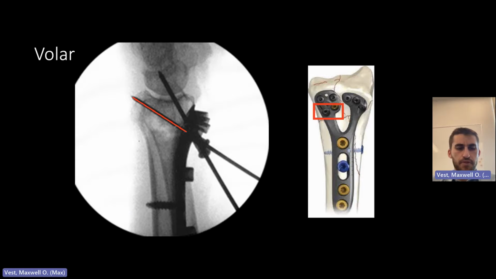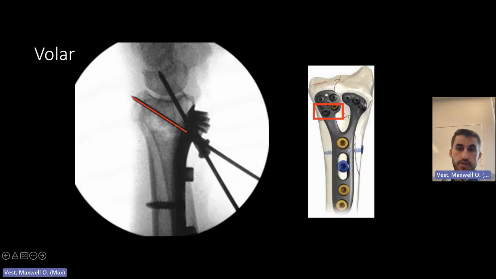And this is just a couple of views when you're starting out to really understand what you're looking for and some of the details of this plate. And initially, when you get your K-wires in there for your preliminary reduction, the K-wire goes through this hole in a standard plate, and that's on the proximal portion of the intermediate column segment of this plate. And you'll see with this K-wire and the remaining pegs, these extend distally to the dorsal portion of the distal